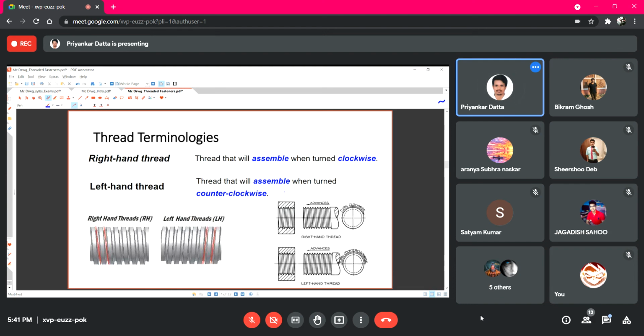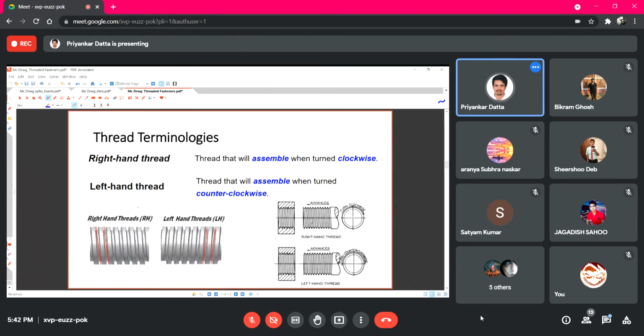Now you have encountered both the right hand rule and the left hand rule. You have learned about all of these. Similar to that, in threads also there are left hand thread and right hand thread. Are you aware of all these things? Has any introduction been given on threads to you till now? Yes, sir. In our workshop class, we were given some introduction. Right. Okay. So in threads also, left hand threads and right hand threads are there.